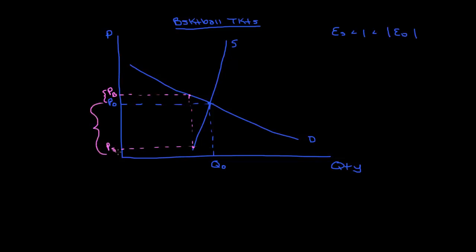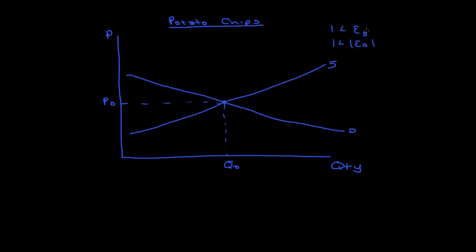Regarding the seller, they incur a much larger proportion of the tax. Why is that so? The buyer is able to escape the tax. They have a fairly elastic demand curve. So when the price of tickets starts to go up, they substitute other forms of entertainment for basketball games. But the seller cannot escape the tax, so they will take on more of the tax burden. What if we have a situation where both the price elasticity of supply and the price elasticity of demand are fairly elastic? When we put in our tax wedge of $1,